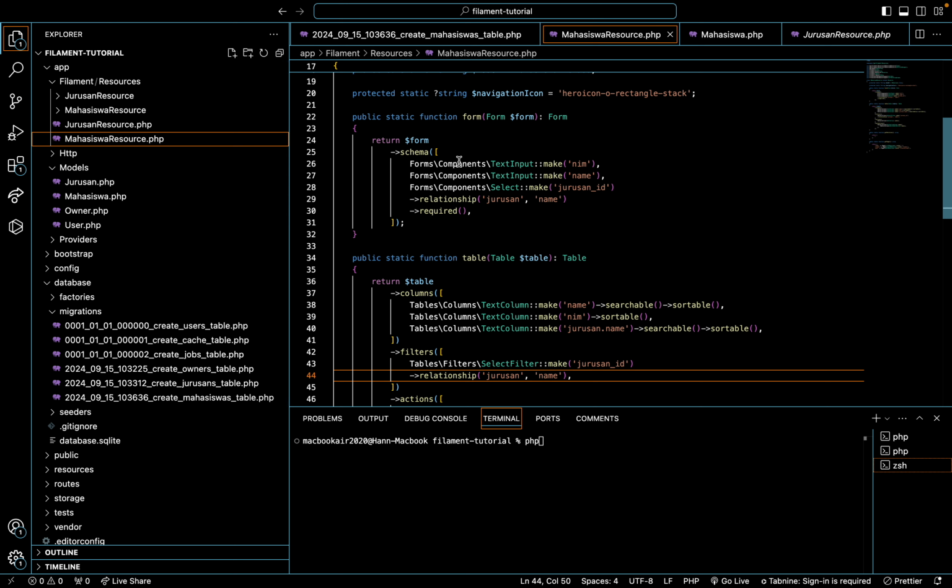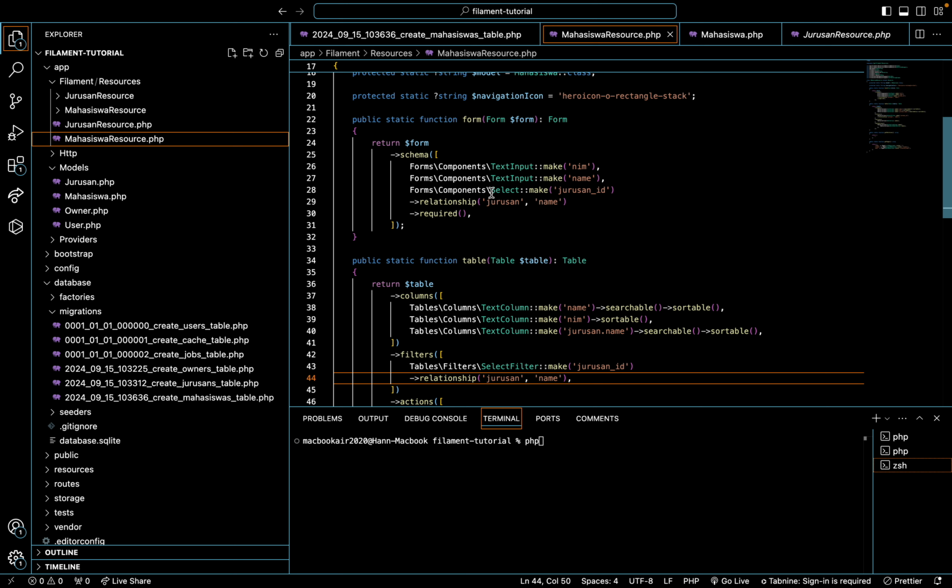This form makes the name, and this makes the jurusan, and you will choose the jurusan because this is not a text input but a select, make jurusan and relationship from jurusan and name.